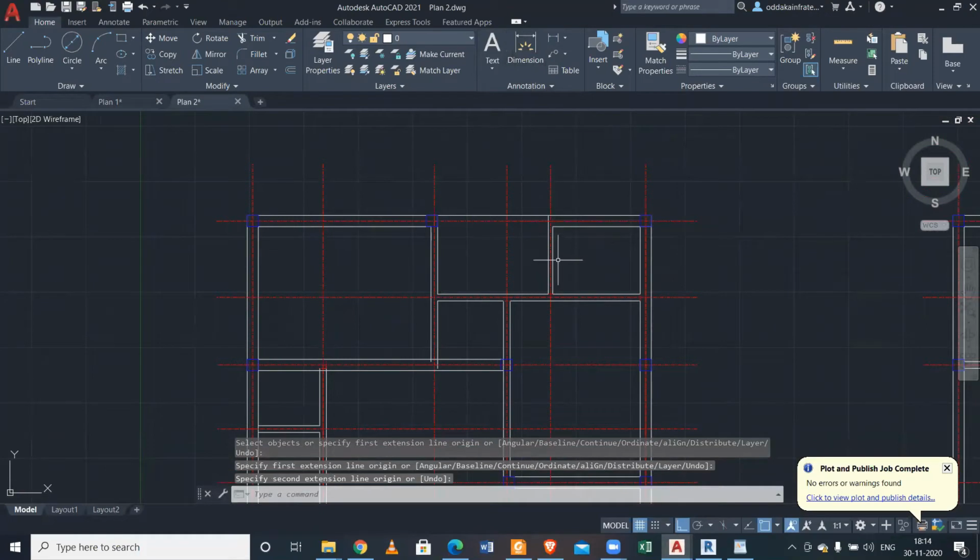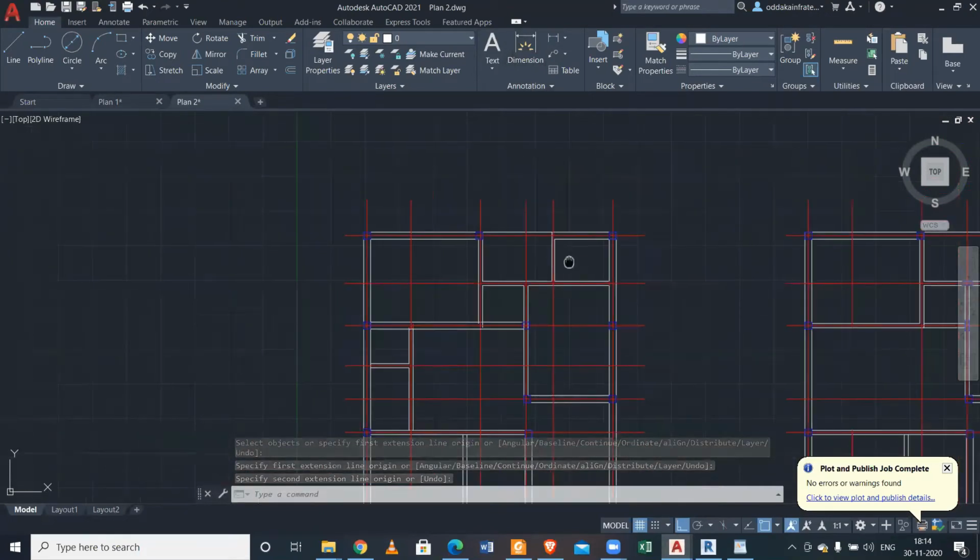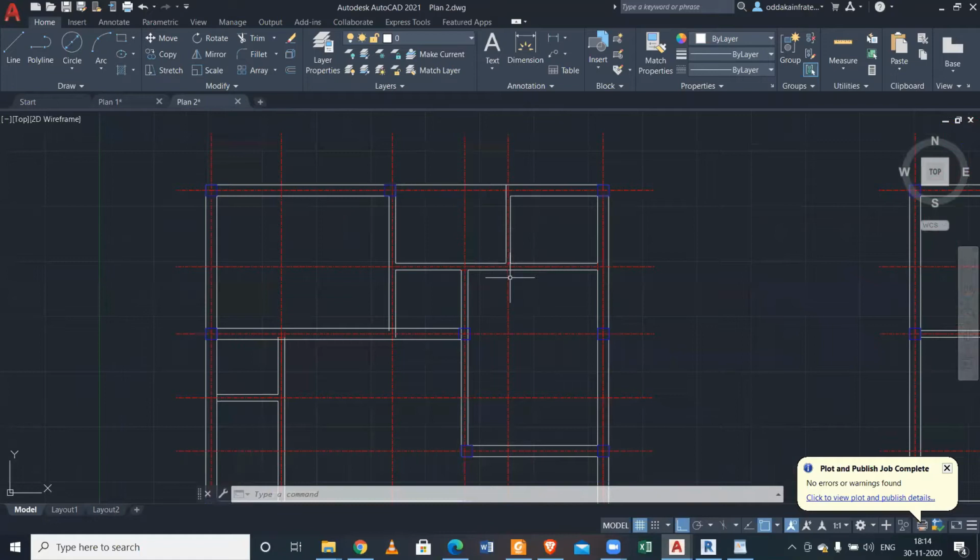And anyway, this is the plinth level, but at the top level it's enough that we provide a concealed beam here. We don't need a regular beam also. We provide a concealed beam here, and this beam will go up to this much. It's better that you don't take any.